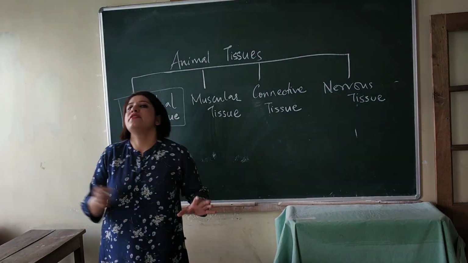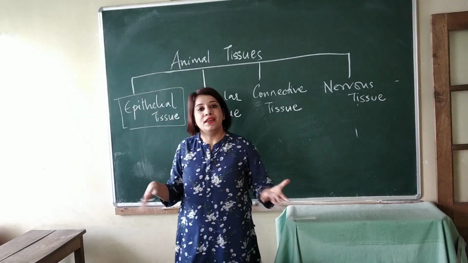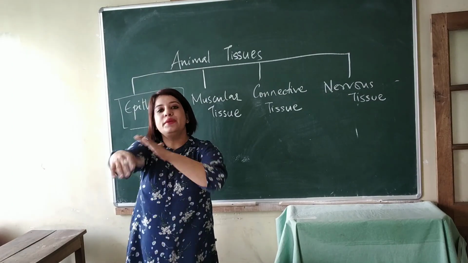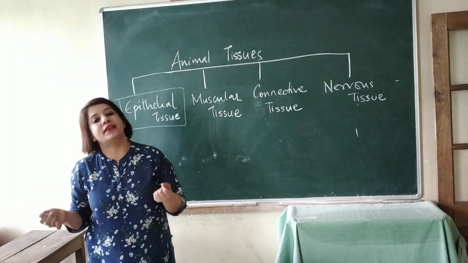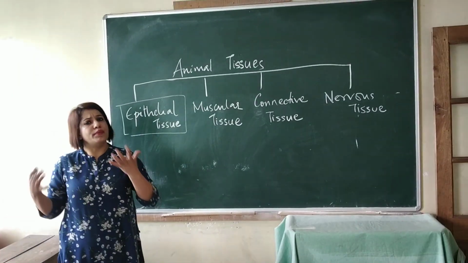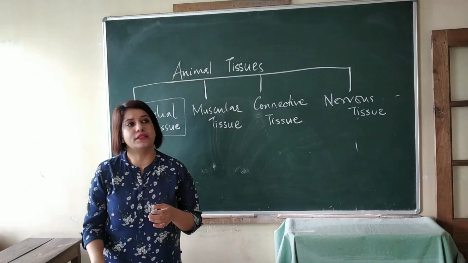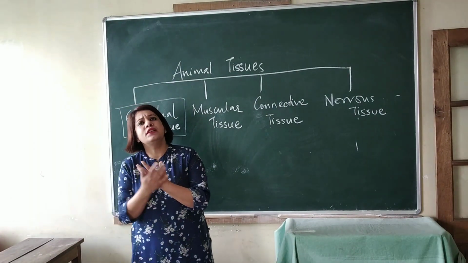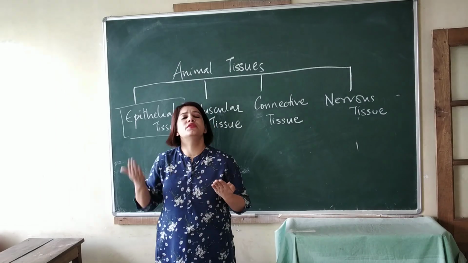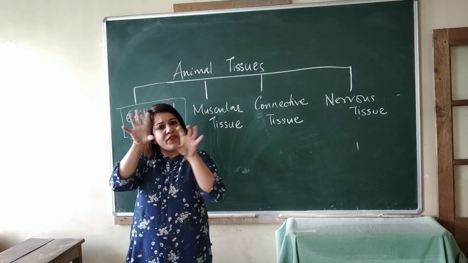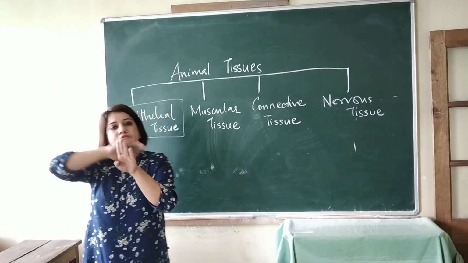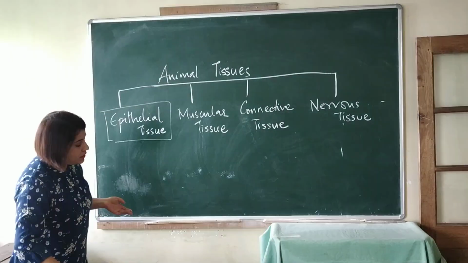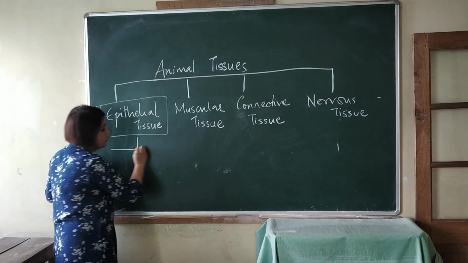Now if you go and stand in front of a mirror, whatever you see is epithelial tissue. That means the skin is your epithelial tissue. Just an example, we find different types of epithelial tissue. Now, epithelial tissue usually forms the outermost layer of the body or of any organ. Okay, so it forms a covering. So the different types of epithelial tissue are